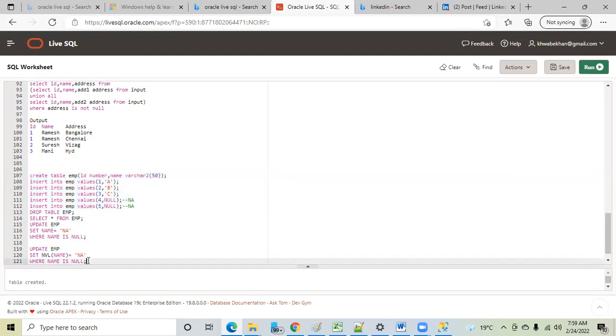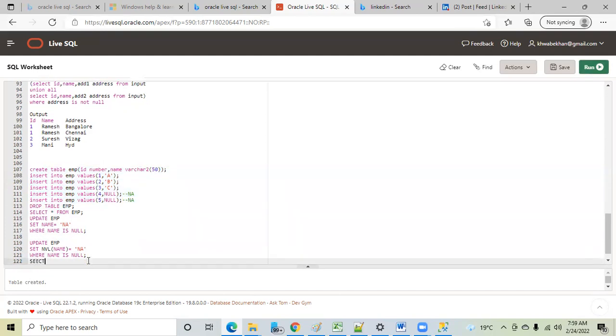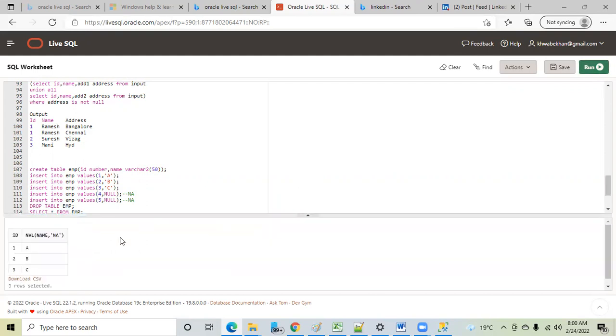First of all I will write a query: select ID, comma, NVL(name, 'NA') from employee. I'm executing this query, and this is the output.